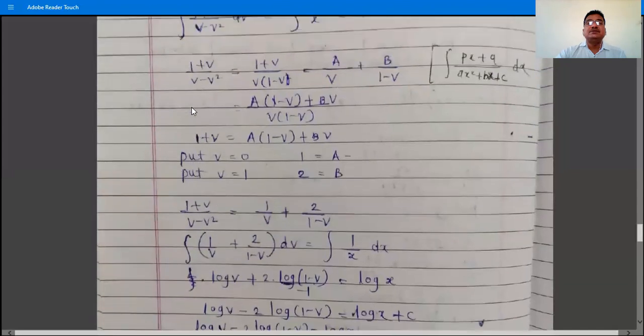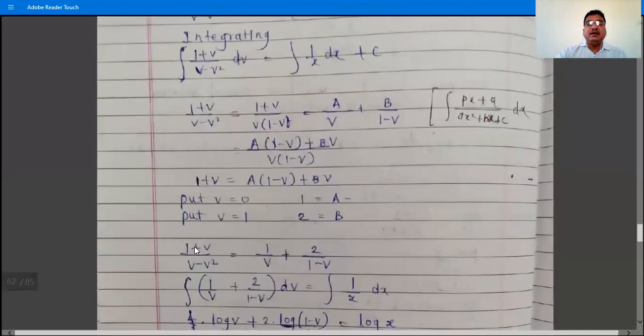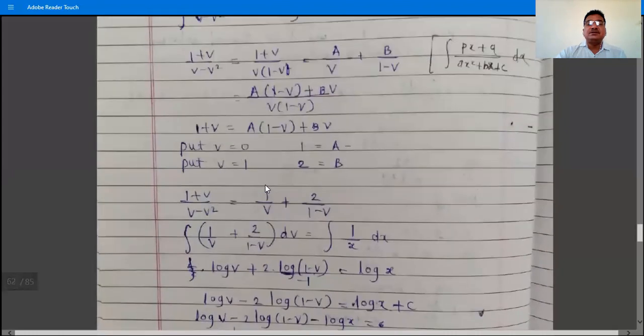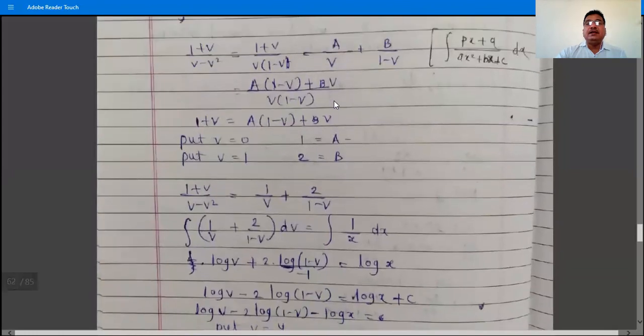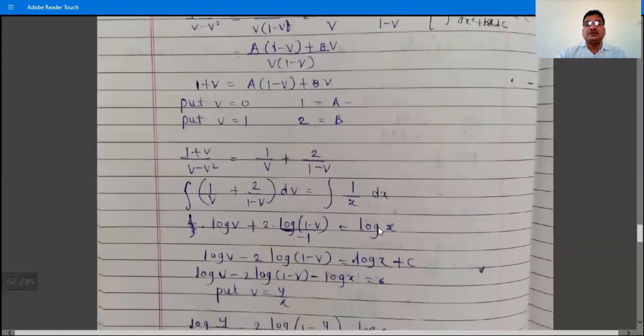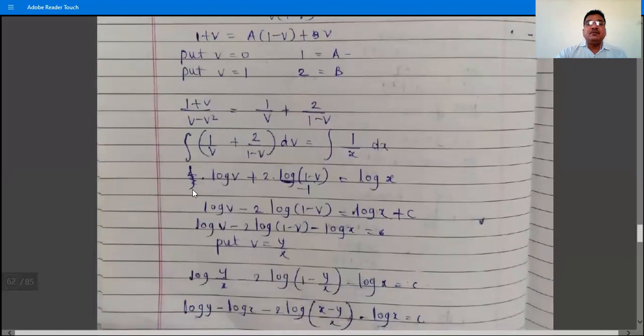And substitute these values in this integration. So in this step, the integral of 1 by v plus 2 by 1 minus v dv is equal to the integral of 1 by x dx plus a constant of integration. So the integral of 1 by v is log v, and the integral of 1 by 1 minus v is log(1 minus v) divided by the coefficient of v, which is minus 1. The rule for 1 by ax plus b: